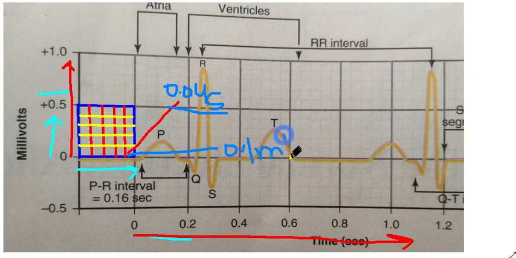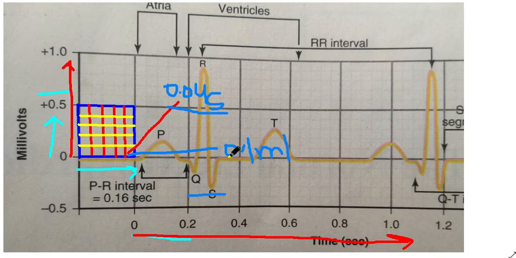Now we are going to draw the normal values of time and voltage for the P wave. Likewise, we will discuss the normal values for the time of the QRS complex and what will happen if its duration increases or decreases. Then we will also discuss after how much time the repolarization of the ventricle will occur in normal conditions, if there is a defect in the ventricle, and why repolarization occurs late or earlier as compared to a normal electrocardiograph.